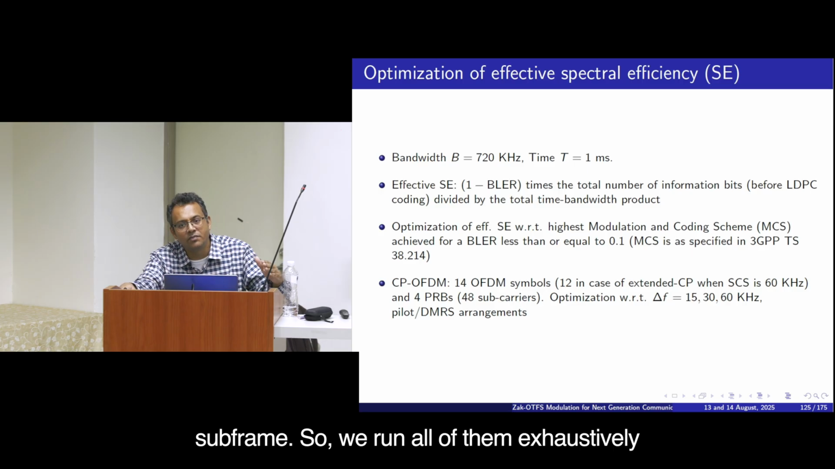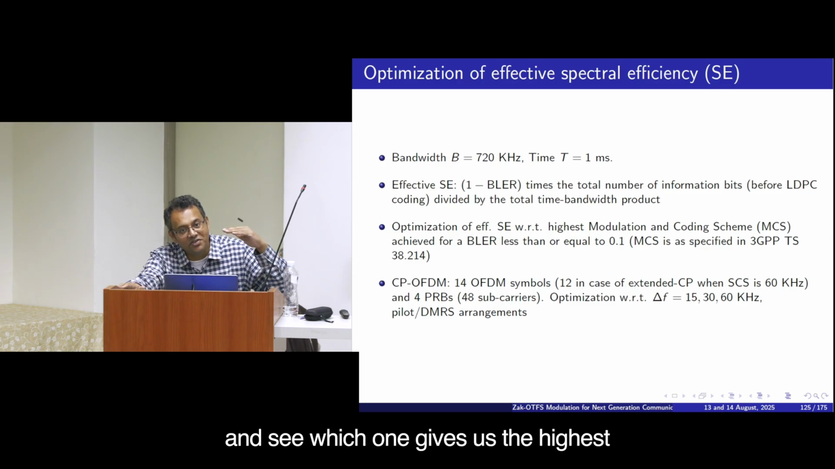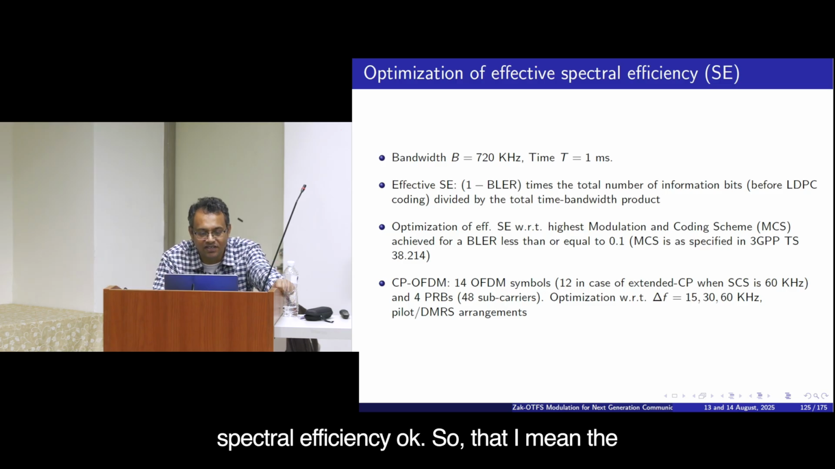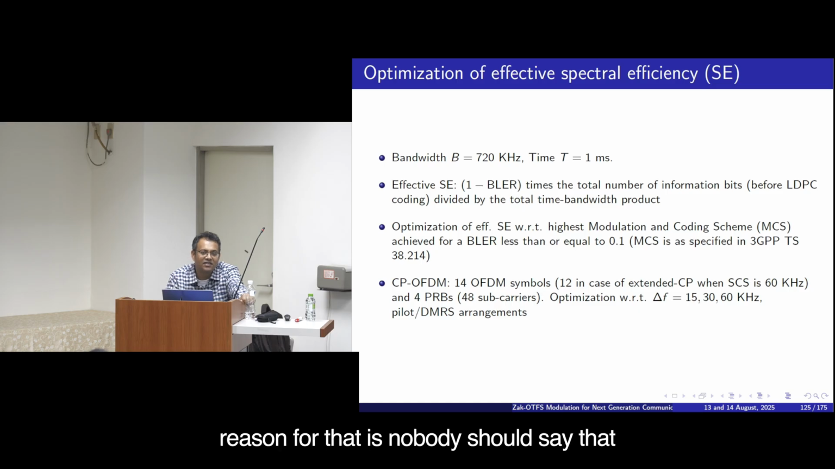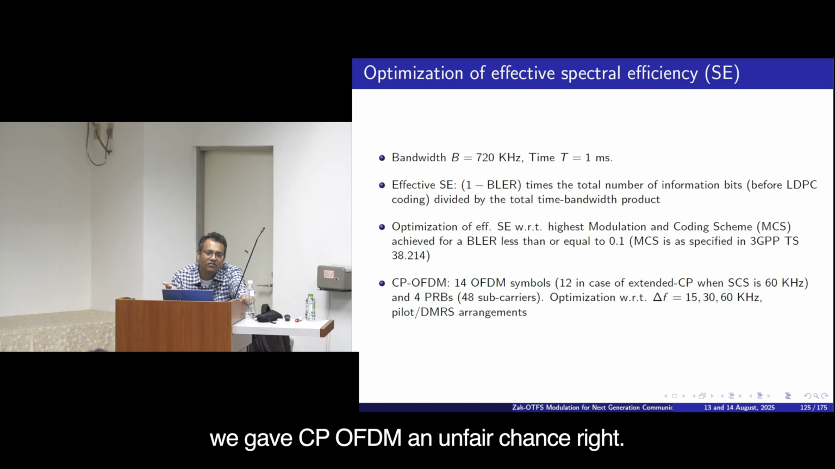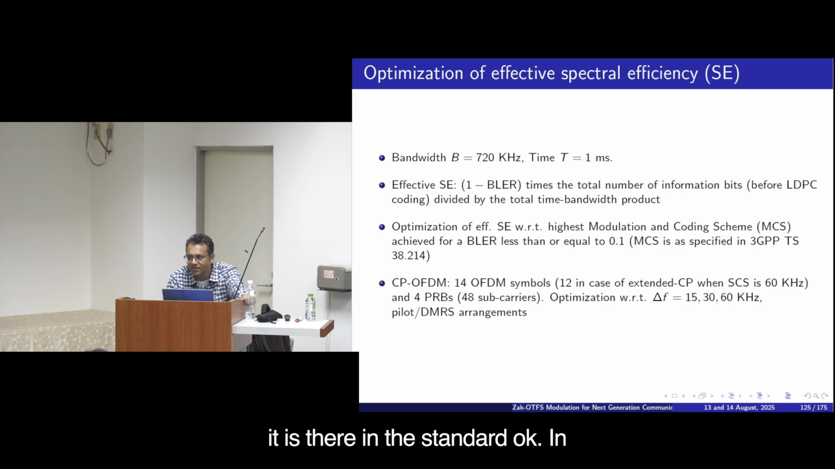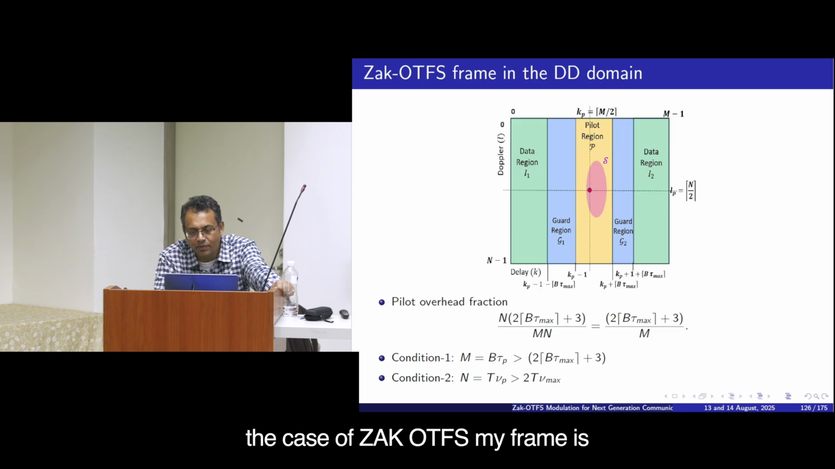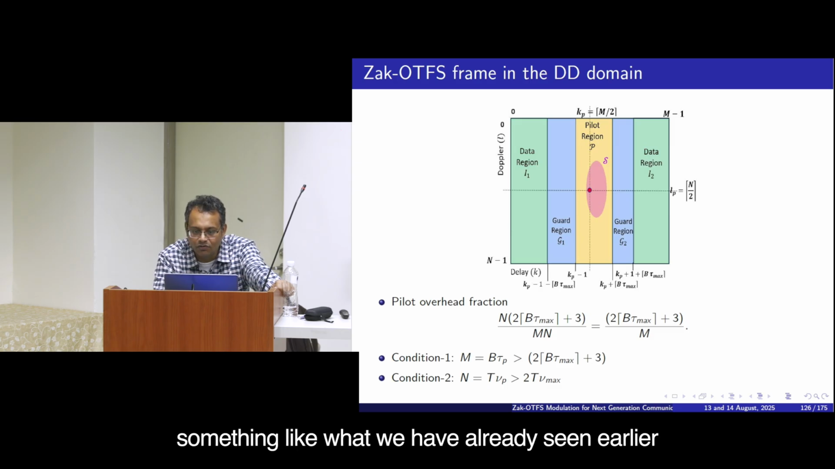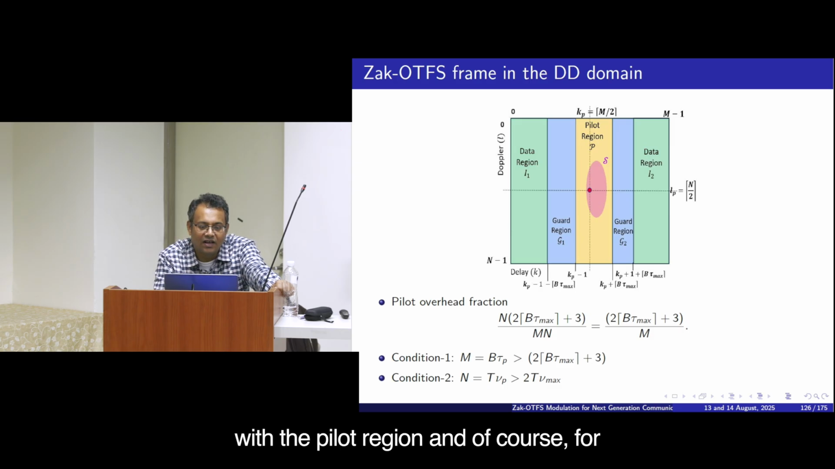So, we run all of them exhaustively and see which one gives us the highest spectral efficiency. The reason for that is nobody should say that we gave CP-OFDM an unfair chance, right? We are giving it the full chance as it is there in the standard. Okay. In the case of ZAAC OTFS, my frame is something like what we have already seen earlier with the